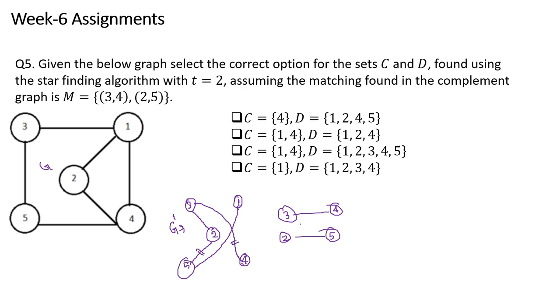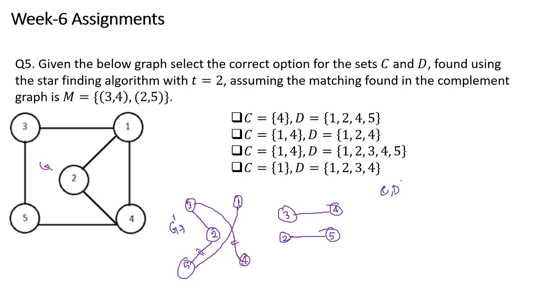Of course they do not share any common vertex, that is okay, and there is no edge between them. Now how do we then proceed with our star finding algorithm once the matching is found? So once the matching is found, we basically proceed to finding the